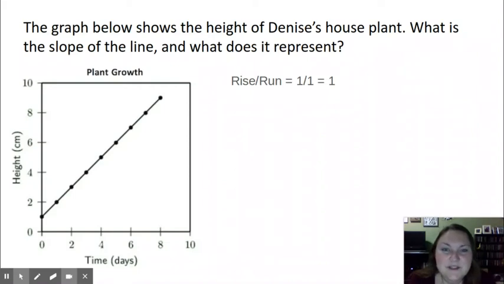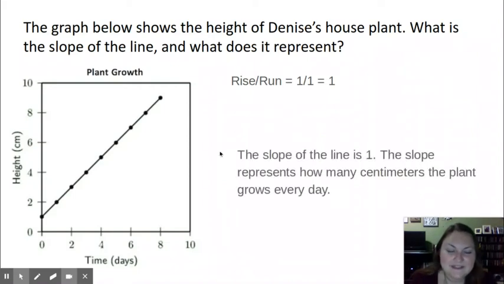So a possible answer that you could provide could look something like this. It could say the slope of the line is 1, and the slope represents how many centimeters the plant grows every day. One of the mistakes I see students make a lot when they're talking about what slope or y-intercept represent,